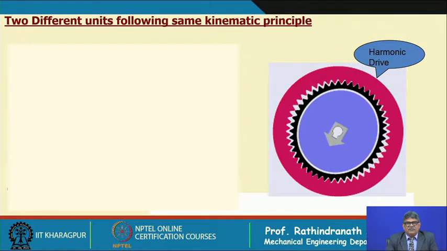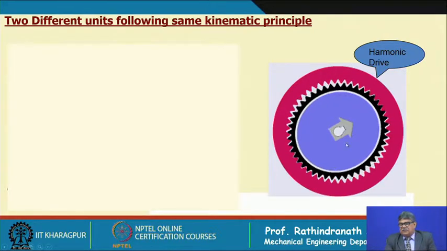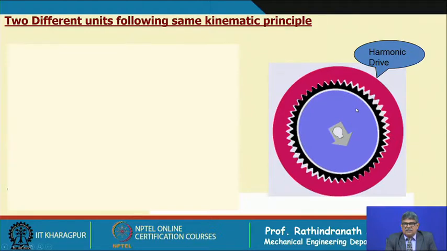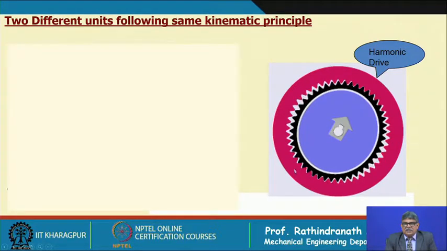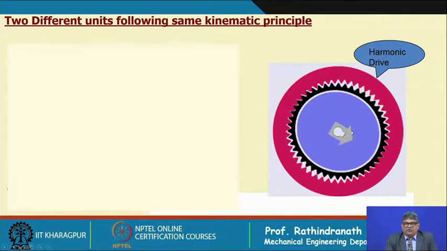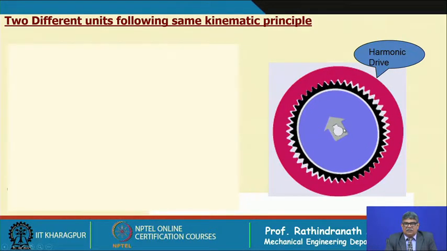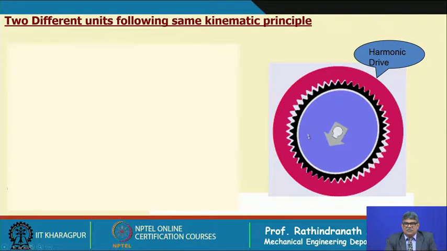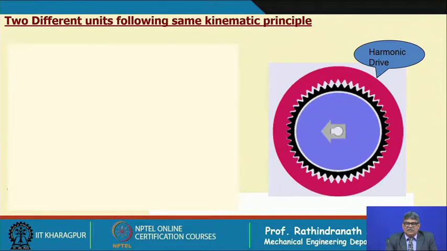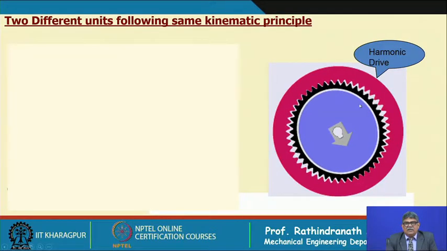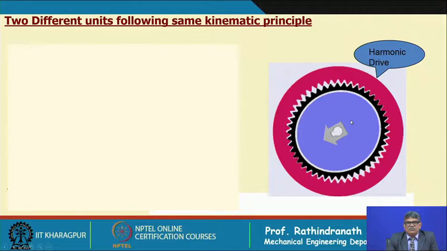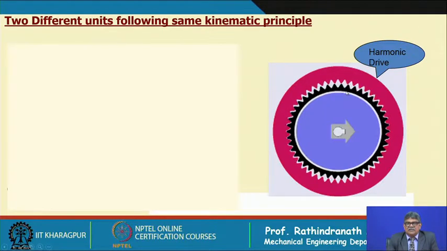Now, this is the harmonic drive which I have already discussed. As we find, if we keep the outer race fixed, then this gear is a flexible gear. That means the gear teeth are on a flexible rim, and inside, the blue one is the arm. If we observe this arm when it rotates by 1, then this flex gear, which is black in color, just rotates 1 or 2 teeth depending on how much difference there is. If there is 1 tooth difference, it will rotate by 2 teeth and it will rotate in the opposite direction, and the blue one is taken as input. This is the cam, and the flex gear is taken as the output,